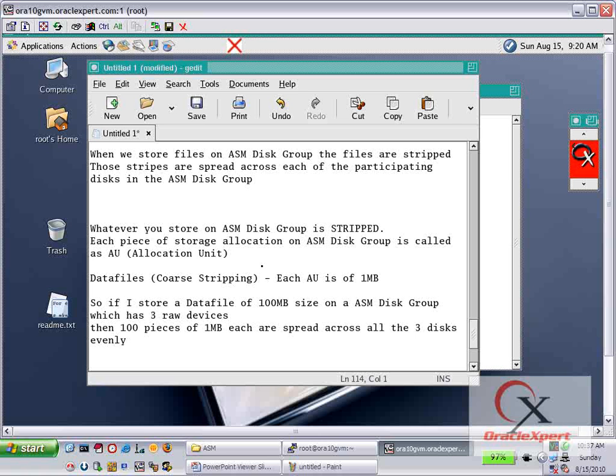So whenever you store a data file of 100 MB, then the data file is divided into 1 MB pieces. You will get such 100 pieces, and those 100 pieces are then evenly stored across all the participating disks in that disk group. But when it comes to control file,